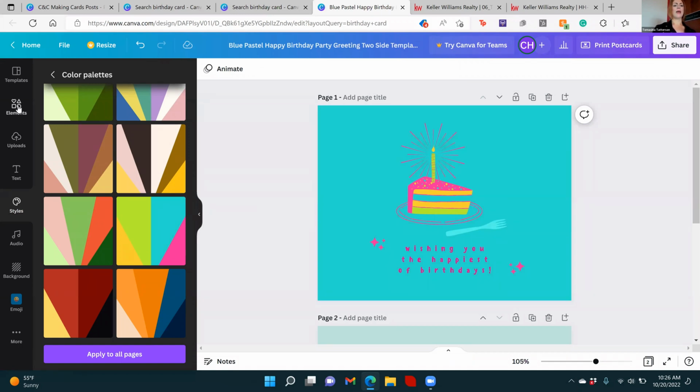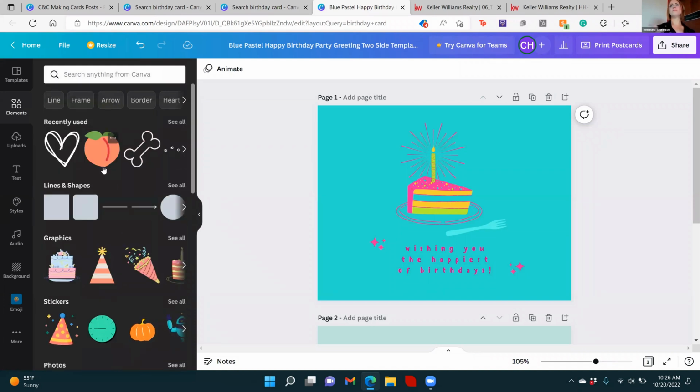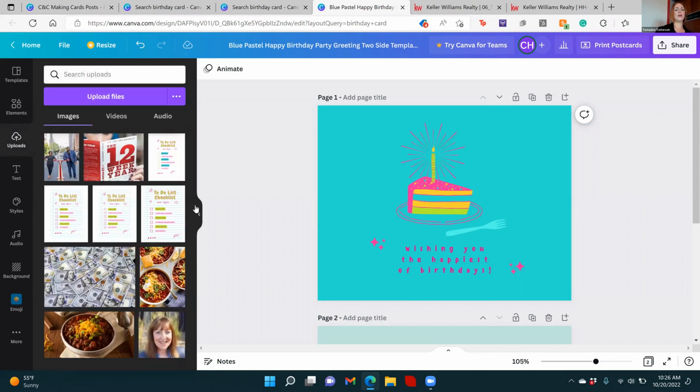And then if I ever want to go back to the old one, you can just Control Z your way back to it. So, say I want to put in my own logo or something like that. If you have a logo ready to go,